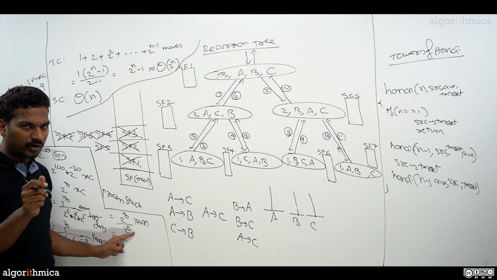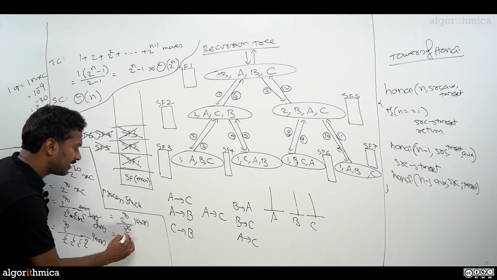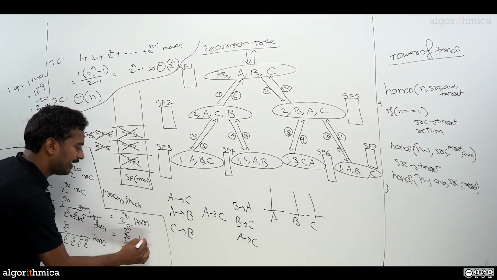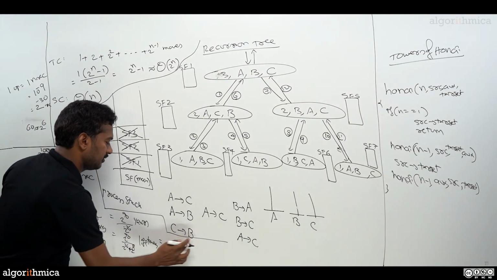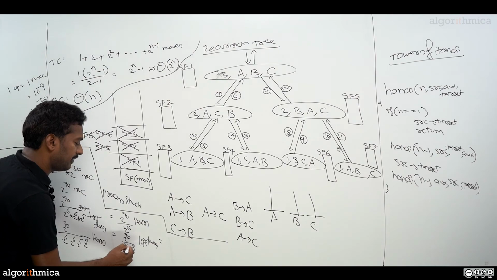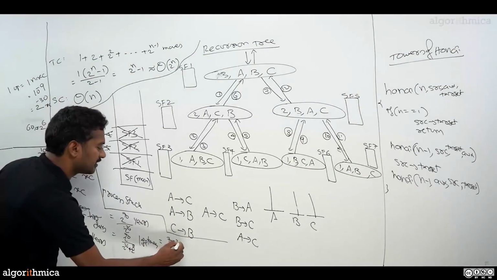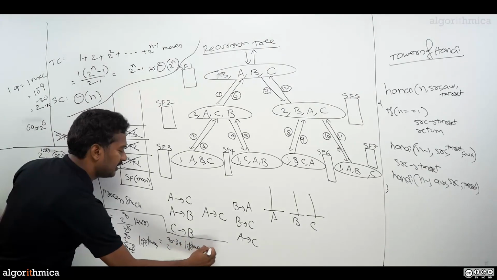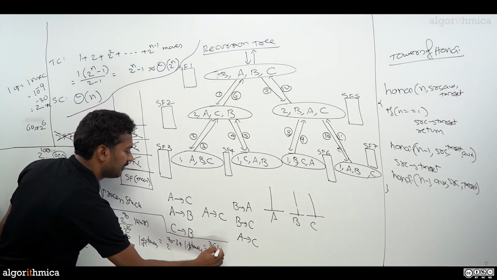150 is between 2 power 7, 128, and 2 power 8, 256. I'm going to use 256. So 2 power 70 divided by 2 power 26 multiplied by 2 power 8 gives the number of lifetimes. That is 2 power 70 minus 26 plus 8, which is 34, so 2 power 70 minus 34, which is 2 power 36 lifetimes.